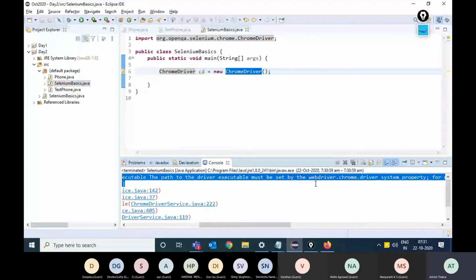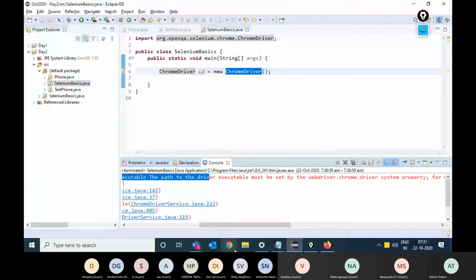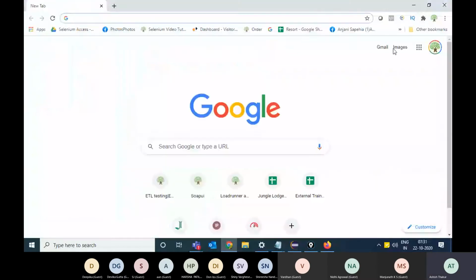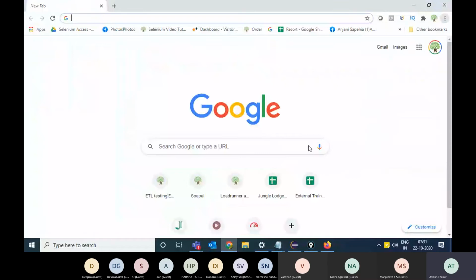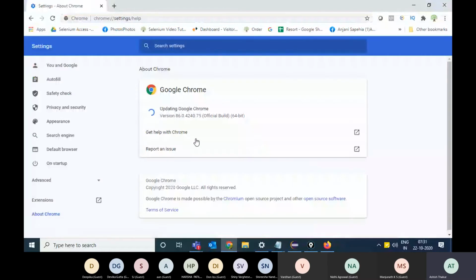You cannot just automate Chrome like this. In Chrome, you first check your versions. Go to help, about Google Chrome, and check the version of Google Chrome.